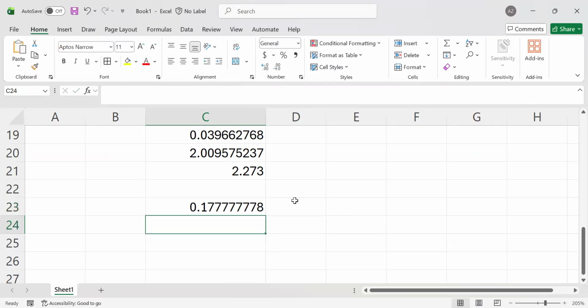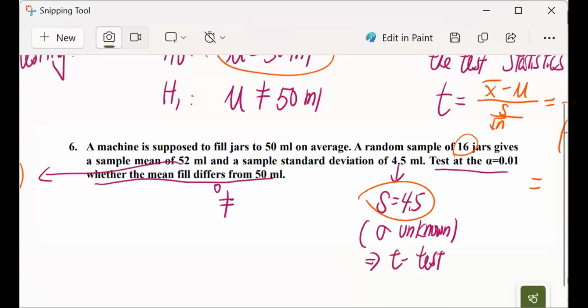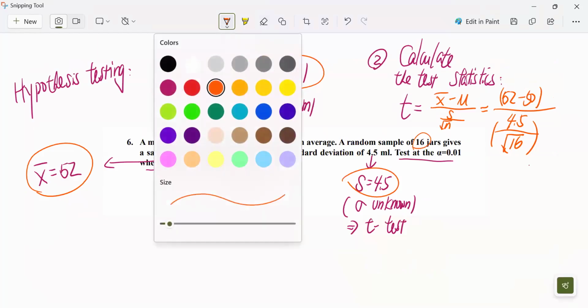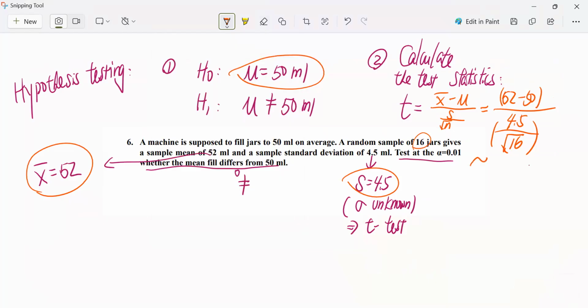We get a t-score of approximately 0.178, rounded to 3 decimal places. The next thing is using the